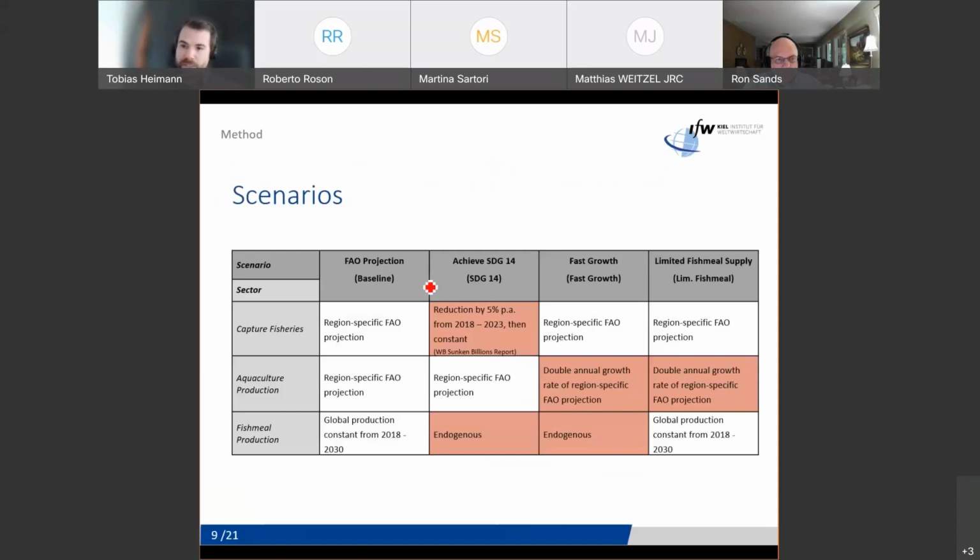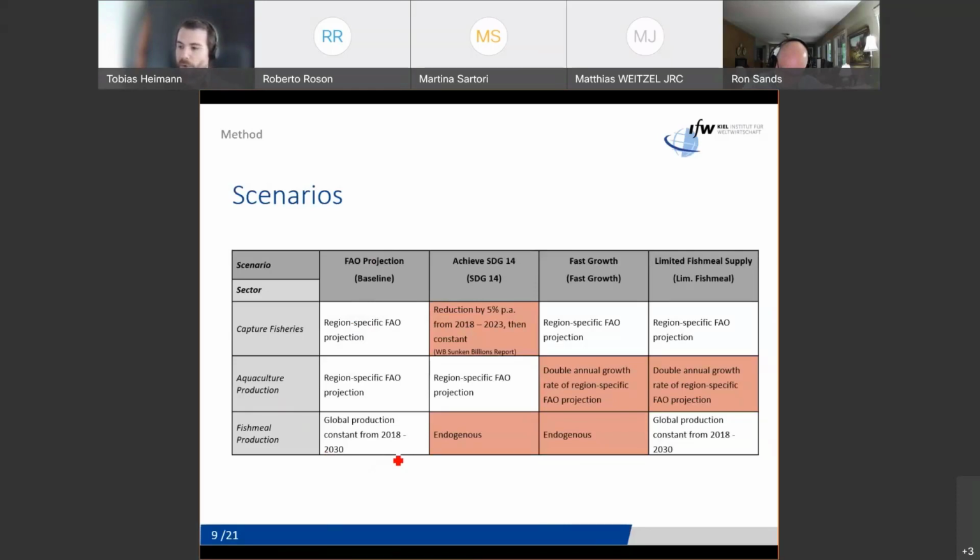We look at 4 different scenarios. So in the baseline, we take the FAO projection for capture fisheries and aquaculture production. And for fish meal production, we assume that the production remains constant until 2030. This is also what most of the scholars